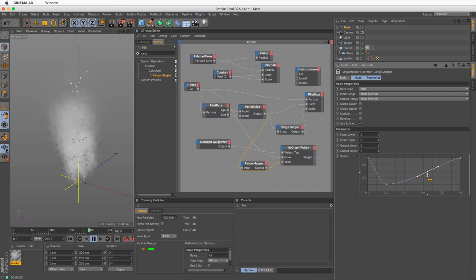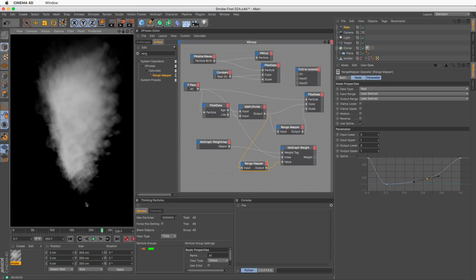I can Command click here to make the top ones fade out a bit later, so you can play around with this and make it fade out in any way you want. But now you can see that the big thing is that the puffs are seen in a more sort of gradient way, so they don't pop into existence, they just slowly fade in.